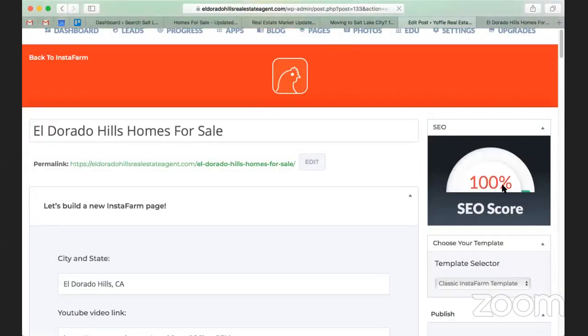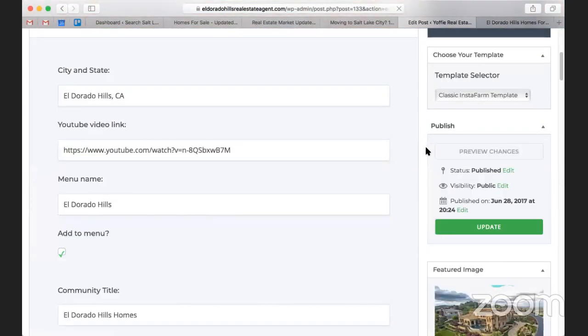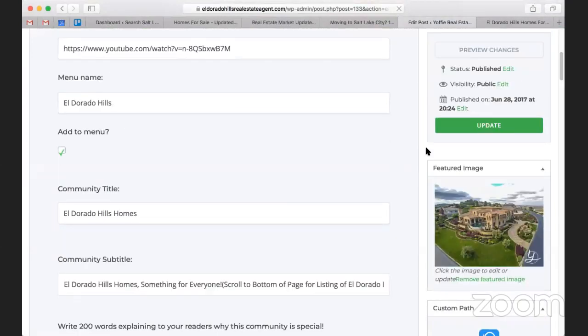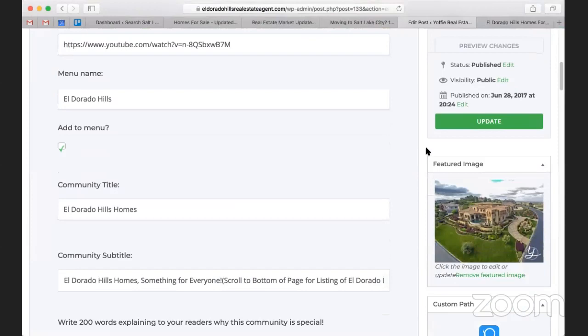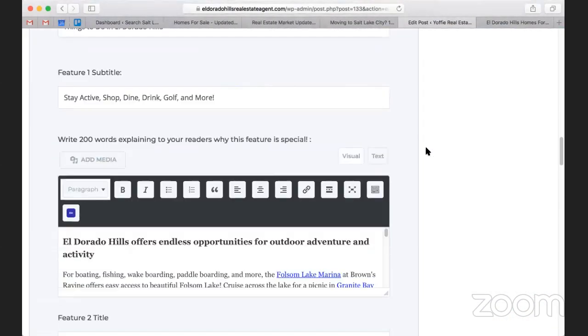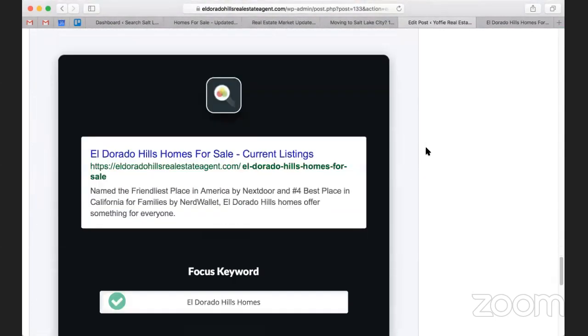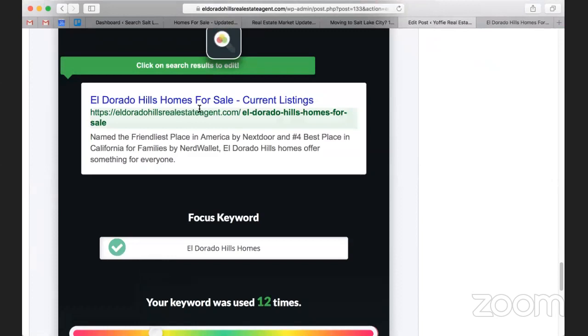So you're going to see that this has a 100% SEO score. So this is really whipping it in terms of the actual score that you can have for a page on the website. So if I scroll down all the way to the bottom here, we're going to be able to see what he wrote. So as we can see,